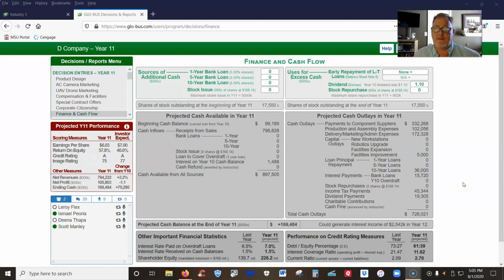Well, here's the deal, okay? The reason that you want to repurchase shares of stock is you use equity, right? You remember the fundamental accounting equation, assets equals liabilities plus equity. Stated differently, assets minus liabilities equals equity. Well, equity is where the money's going to come from to repurchase your stock. And what you have to do is forecast your sales, and fortunately Globus is really good about that. They forecast your sales, they forecast your expenses, and it forecasts your net income, okay?